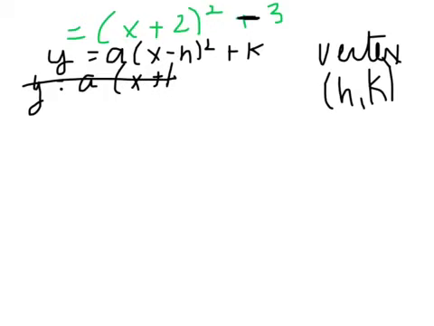Now, if you remember, the thing you got to be careful about is this formula was x minus h. I have x plus 2, so I'm going to need to rewrite that. Isn't positive 2 the same thing as minus a minus 2? If I do that, here's my x, my subtraction sign. Oh, my h is actually a negative 2 here, right here. Okay, so my h is a negative 2 because the formula had a subtraction sign in it. I need to think about rewriting my plus sign here as minus a minus